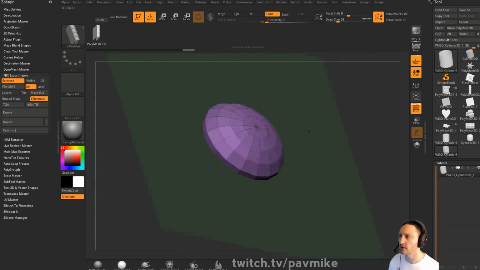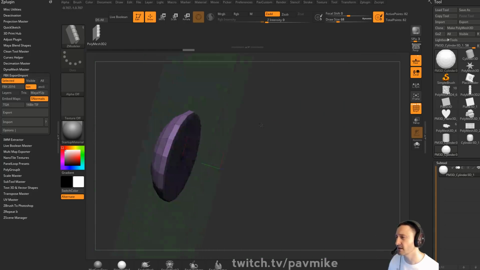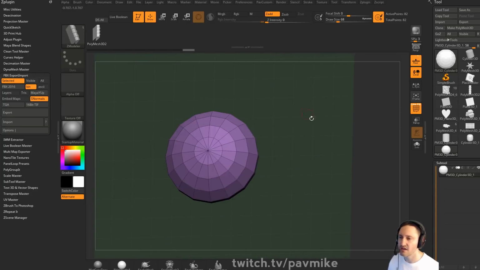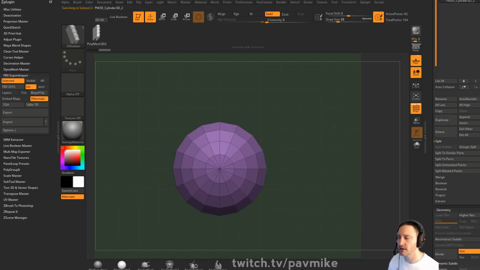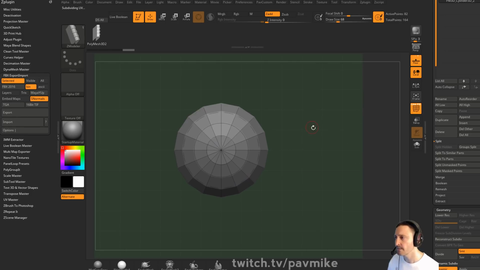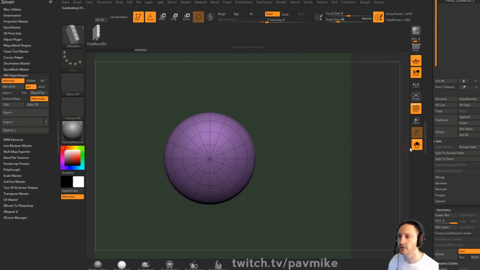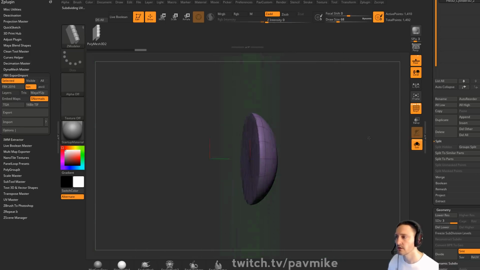So for example, we can hit Control W. We'll use this as just our base. You can try and use like an insert mesh brush with boards and have it wrap to this using projection strength. That might be a little meh, but so if we duplicate this off here, and we'll go ahead and drop a crease on here, and we'll say apply that, and now we're just going to go through here, go out of solo mode,